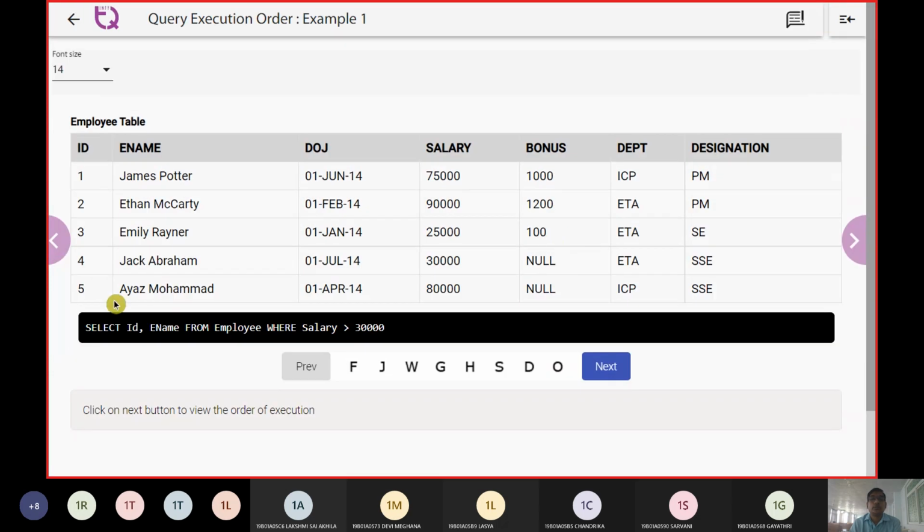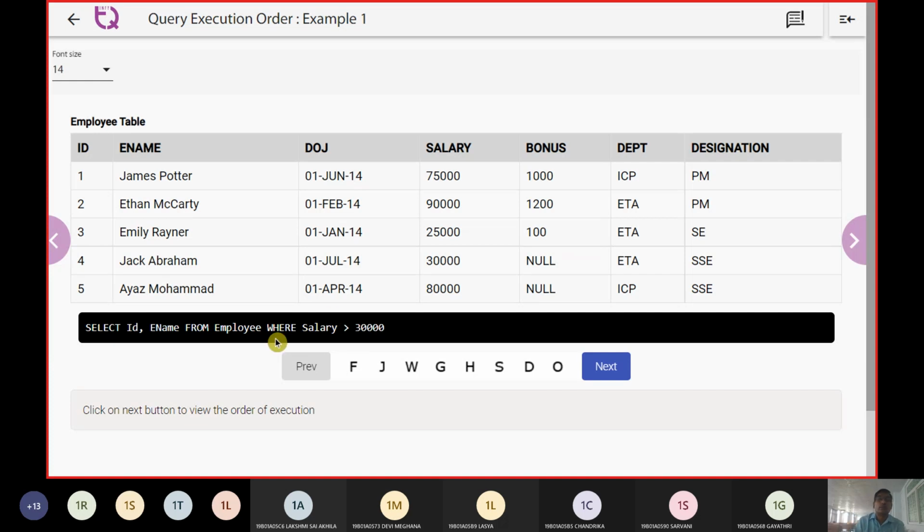So now here is an example. Select ID, employee name from employees where salary is greater than 30,000. First of all, salary greater than 30,000 will be evaluated.